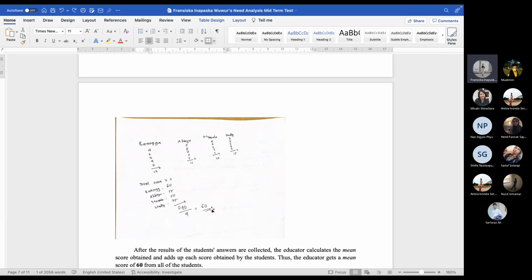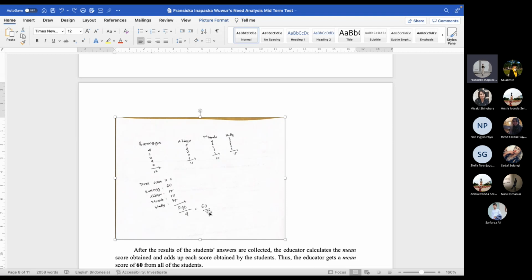So it means that it is quite far from the intermediate level. Because the expected level is intermediate, I think the students must reach a score of at least 80. So it is quite far. It is clear from the scoring that they have many errors in writing: in vocabulary, spelling, punctuation, and also structure itself.